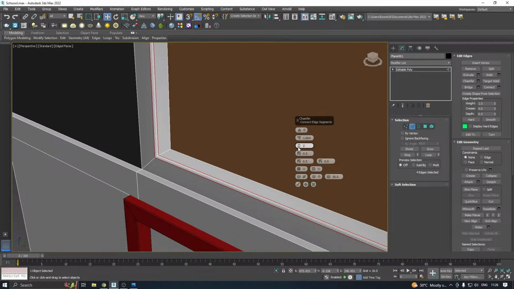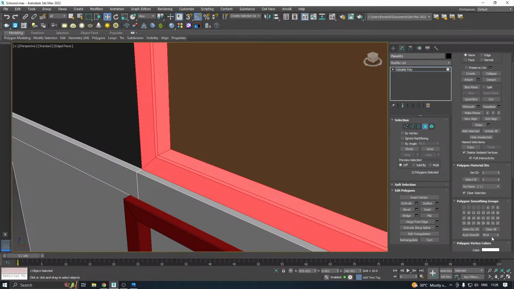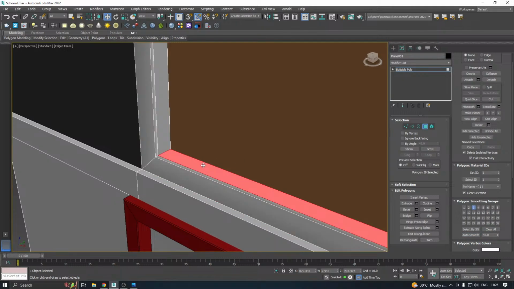Okay, we need to change for this edge actually. Now clear all this and add a new one. And we can actually